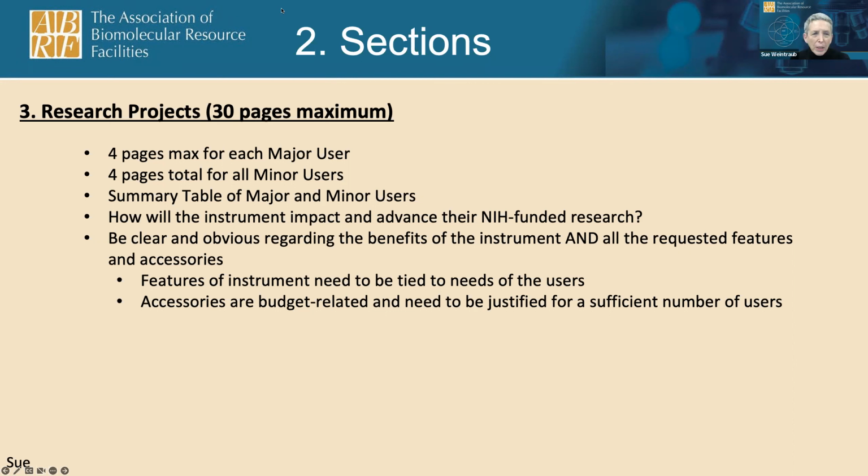For example, in the mass spectrometry area, for global proteomics, the instrument may provide identification of a larger number of proteins, or the detection limits may be much lower, or the accuracy may be much better. And that's fine. You could say it's going to do all these things, but why will that benefit the applicant? So what if you can identify another 1,000 proteins? What's that going to do for their project? So you really need to think this through, and it needs to be project by project, or at least by groups.